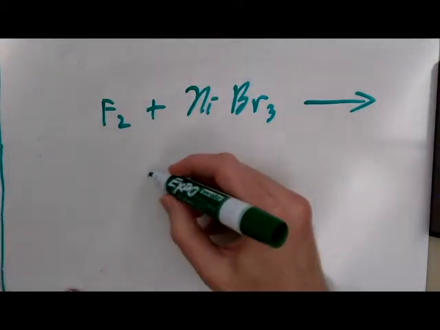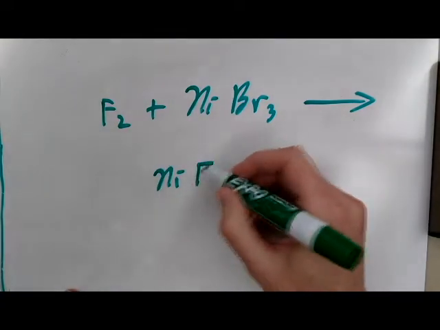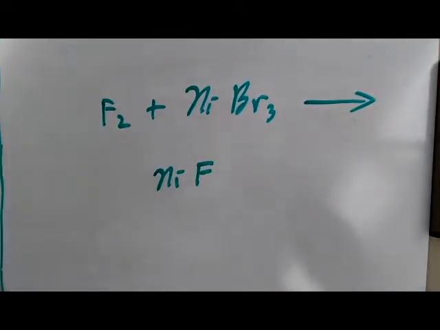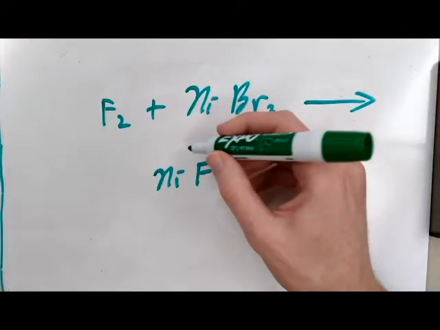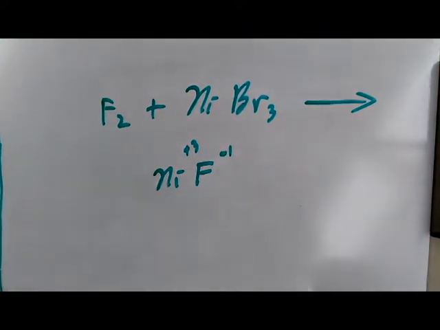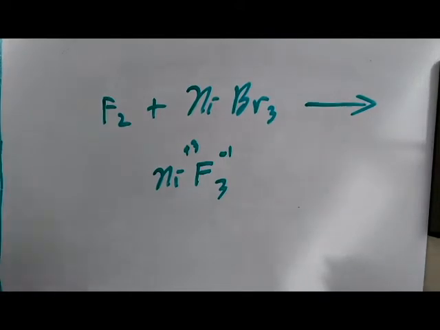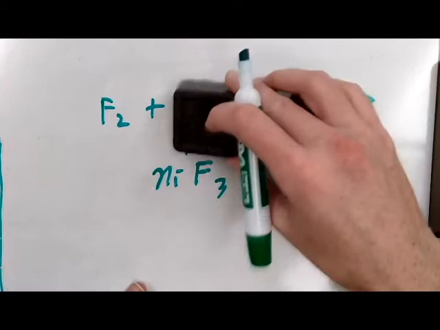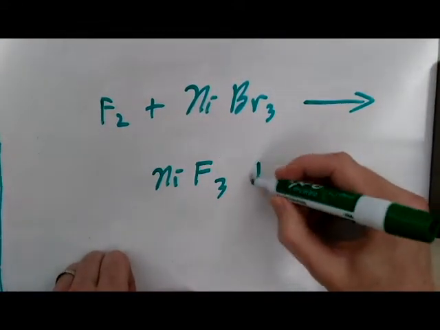So when we look here, we have nickel, and that's going to be combined with our fluorine. Now, we have to keep the same charge that the nickel had in the compound it was already in. So in this case, this was nickel 3, so we have to keep nickel 3 down here. So this nickel is going to have a +3 charge, and of course fluorine always has -1. So we are going to need 3 of these fluorines to balance out with that nickel, just like we had with our bromines there. So we have NiF3 for our resulting compound, and then we are going to have bromine